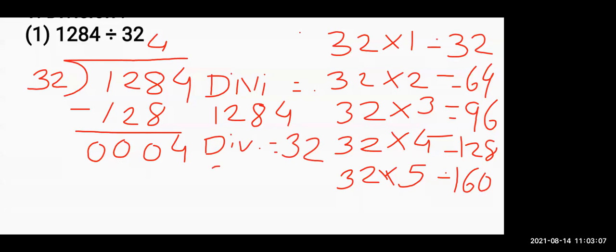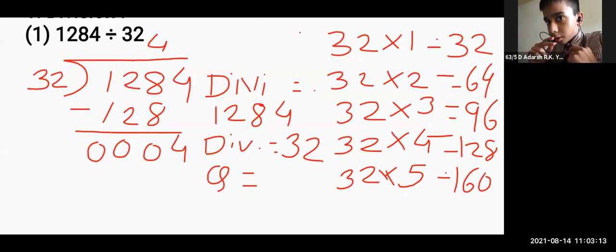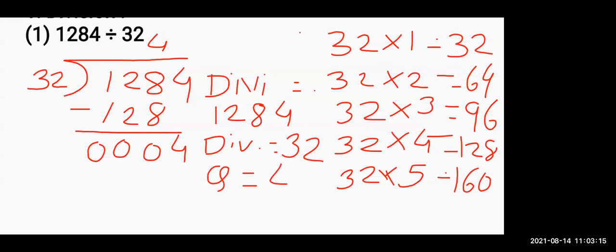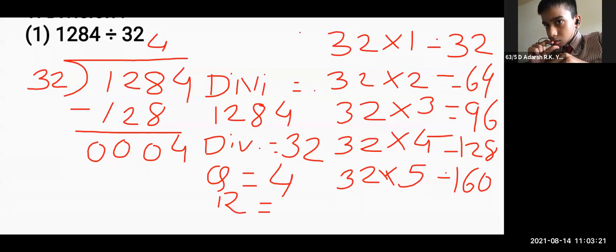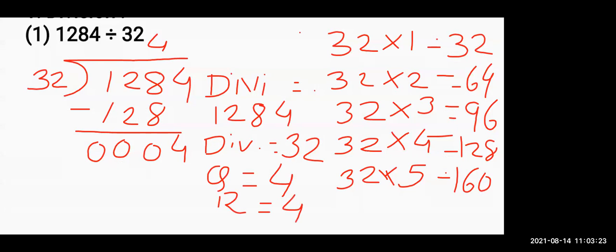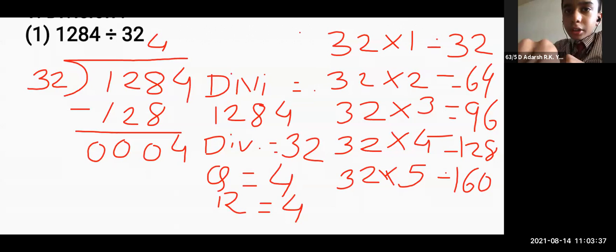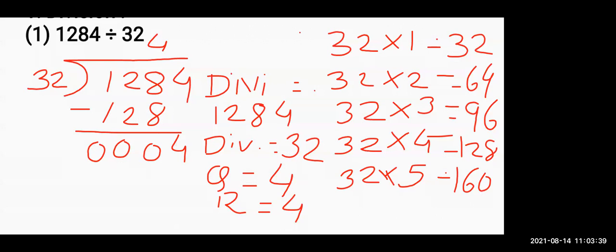Now what is the quotient? Both of you tell me, what is the quotient? 4. Okay. And what is the remainder? 4. Very good. So your quotient is 4 and remainder is also 4. See students, just check whether your answer and both the students' answers are right or wrong. Okay, both of you can mute yourselves. Thank you, teacher. Welcome. Everyone, just cross check your answer. If it is right, put a tick mark in front of it.